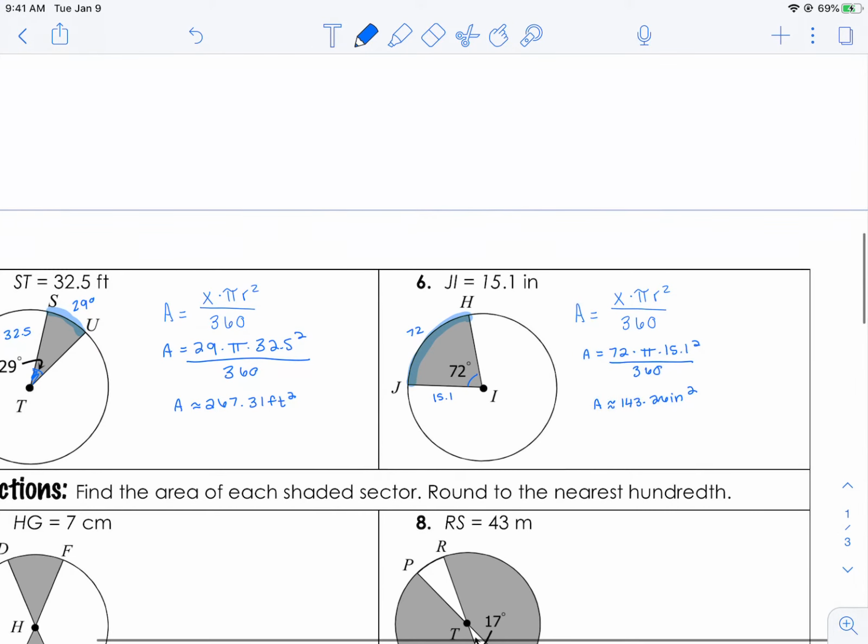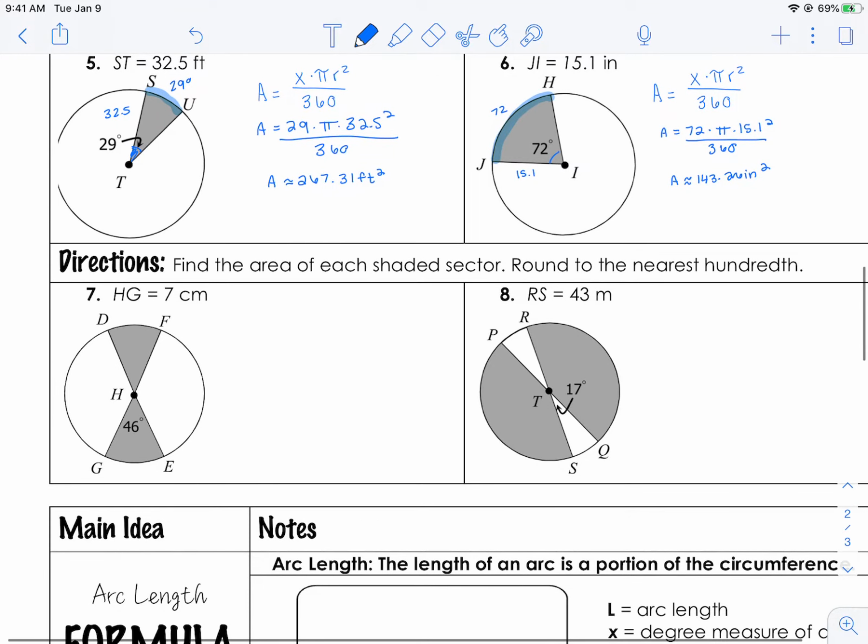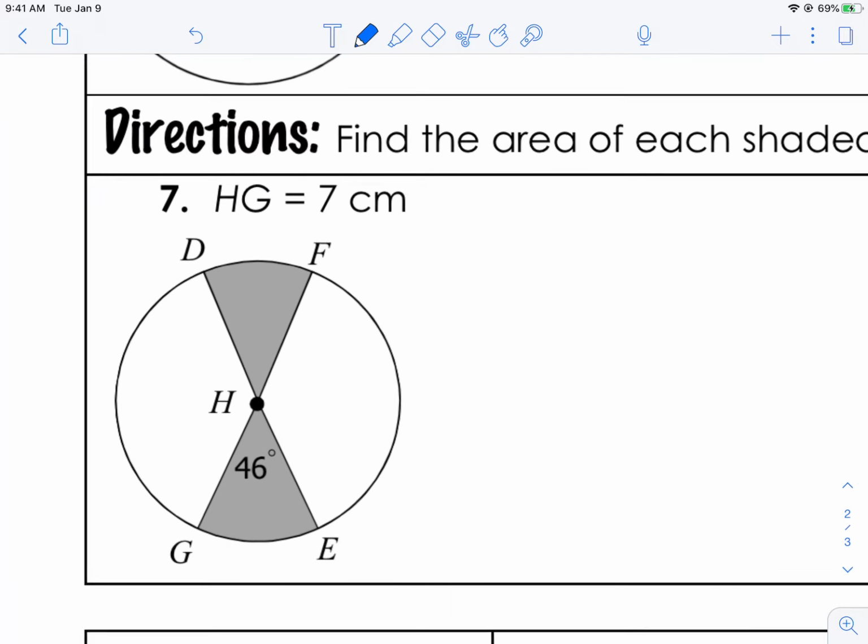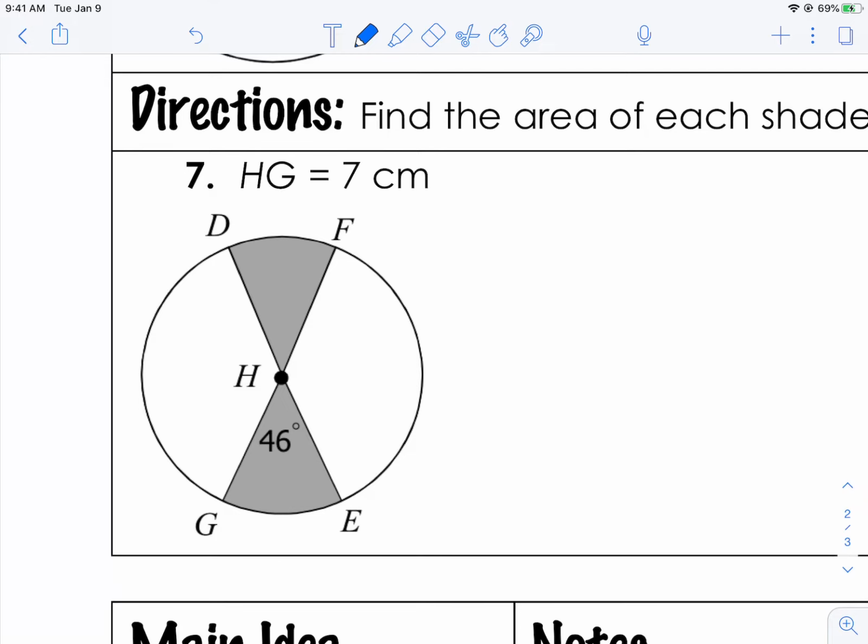Okay. All right. A couple of the problems that you'll see is that if you are given more than one shaded sector, so like on number 7, okay, well, in the middle I have vertical angles, so this is 46, this is 46,